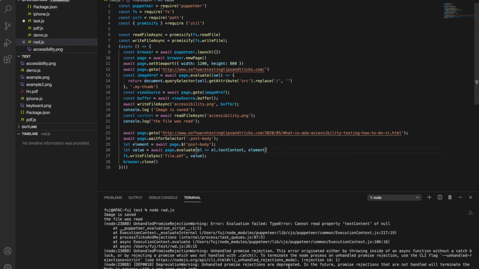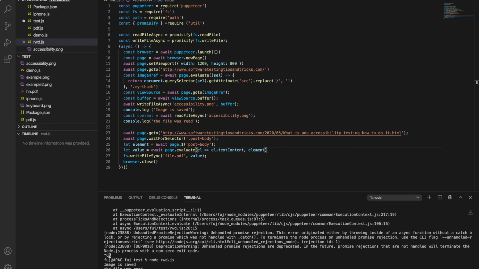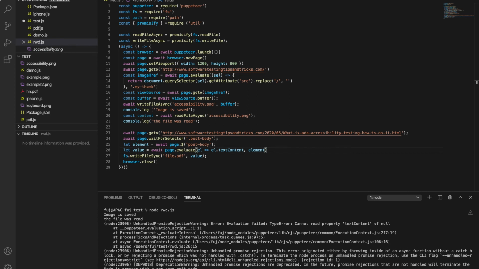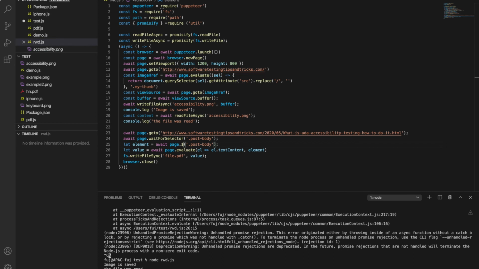Okay, what if we don't use this? I get confused with JavaScript semicolons, using some of the weird syntaxes I feel, because I am from a Java background. But again we are getting the textContent of null, so we are not getting that post body. I forgot to use dot. Dot is to get the class name that contains post body. So this time it should work now.